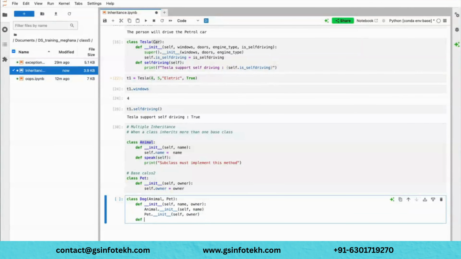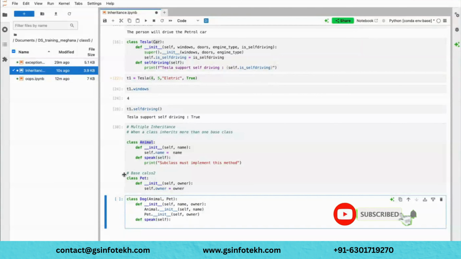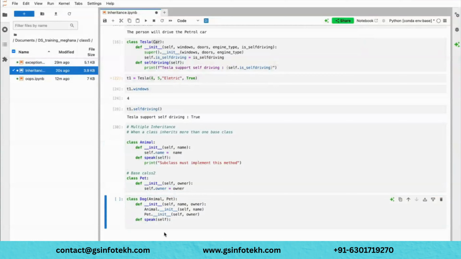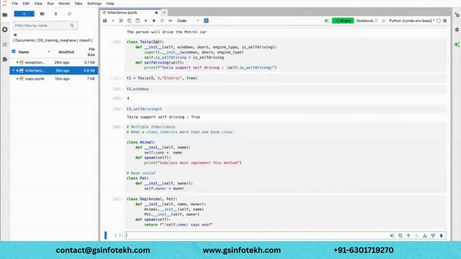And then speak. Here is the thing: there are two same methods here, correct? So what I'm doing here is return self.name says, writing like this. Okay.